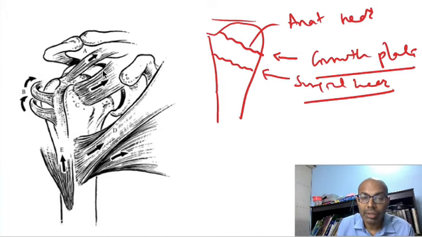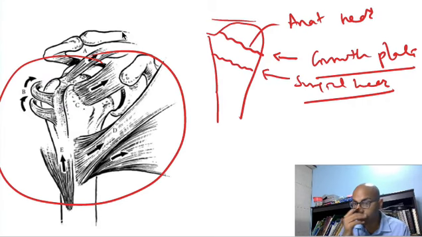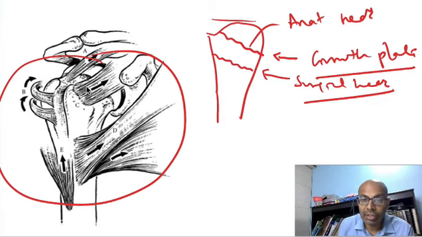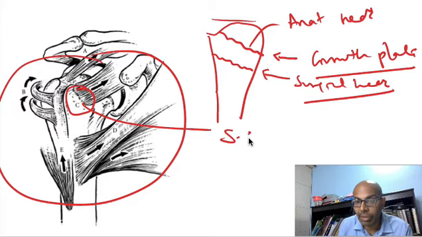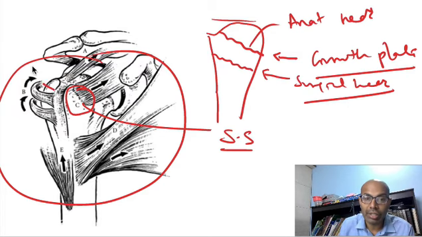Okay, so the proximal humerus basically has four parts. I mean, it fractures in four parts, right? So it fractures in the lesser tuberosity. What is the lesser tuberosity? Lesser tuberosity has an insertion of subscapularis muscle. Then you have the greater tuberosity,